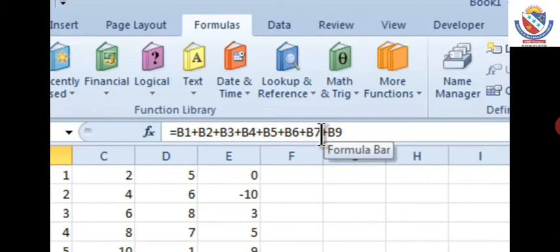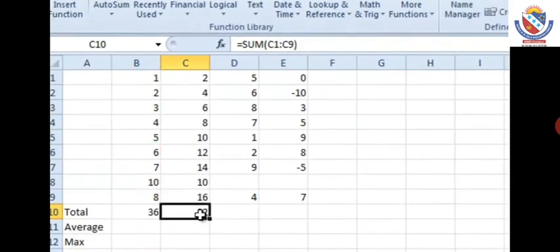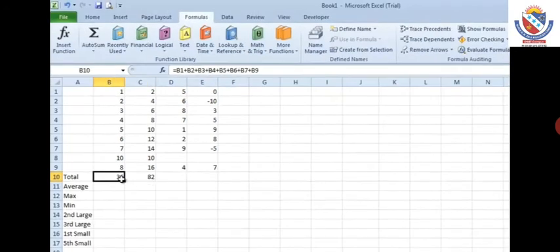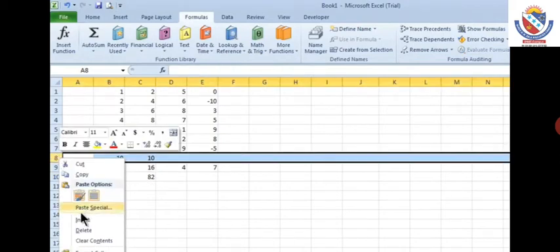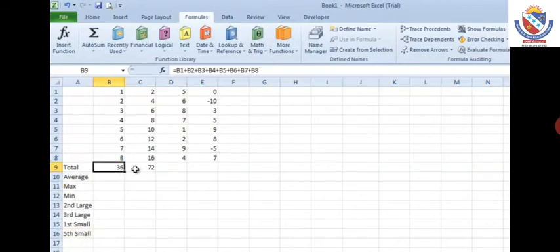If you delete any particular row or column, your function is automatically calculated with respect to your particular range. Here I type equal to sum C1 to C9. So Excel provides the sum of the range of cells C1 to C9.